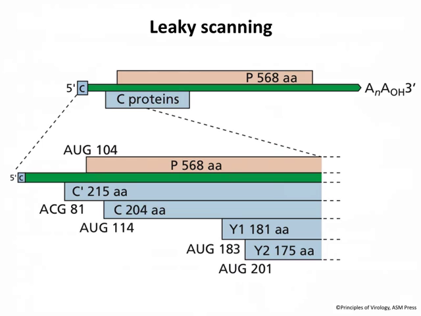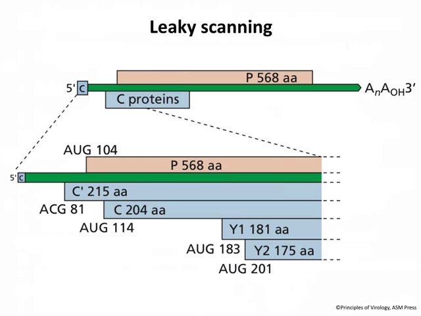So here is the schematic of the mRNA at the top. And there are two groups of proteins that are encoded, the C proteins and the P protein. And what we're doing on the bottom is expanding this very left end of the mRNA. So it's a capped mRNA. Nothing special there. Ribosomes bind and they start to scan down. And then at nucleotide 81, they encounter an ACG. Not an AUG. This is an ACG. But ACGs can be recognized by the methionine initiator. There's a mismatch there, but apparently that's okay. It's not great. So maybe 5% of the ribosomes will make a protein there.